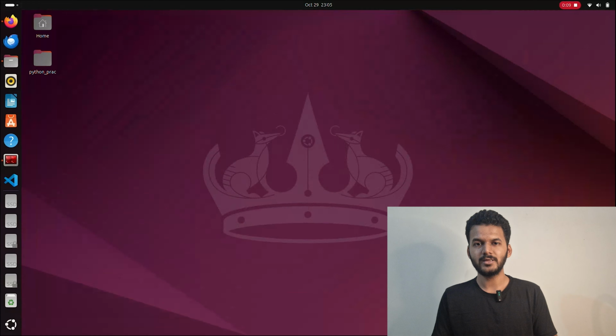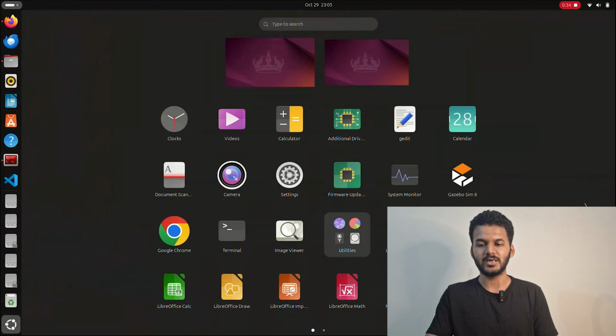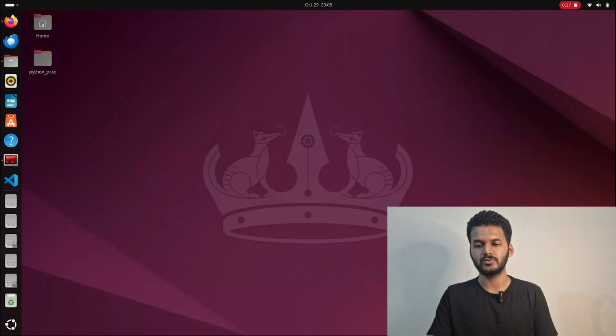Because we dealt with Gazebo Classic, we should also understand how Gazebo Harmonic works. We are inside Ubuntu 24.04. You can use either 22.04 or 24.04 for the Gazebo Harmonic distribution. The latest distribution right now is Jetty for Gazebo Sim, but we are going with Gazebo Harmonic because whenever a new distribution comes, it takes some time to become stable. So that's the reason. We just click on applications and select Gazebo Sim, which is nothing but